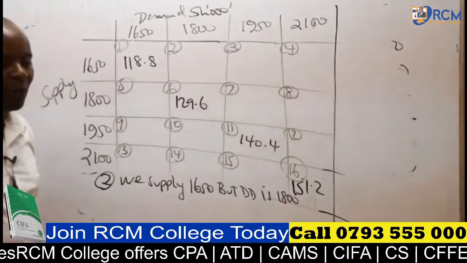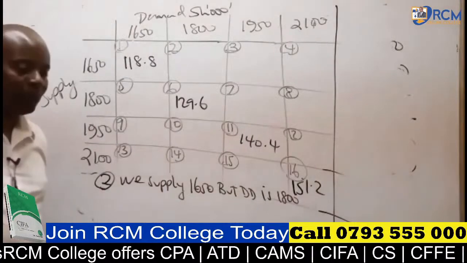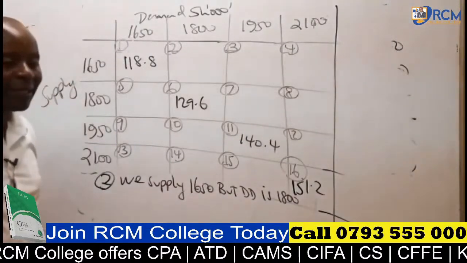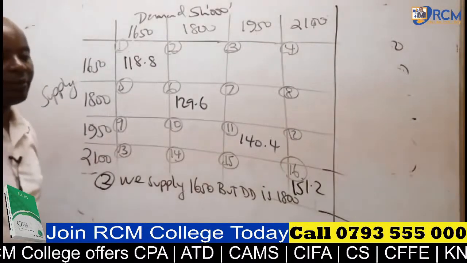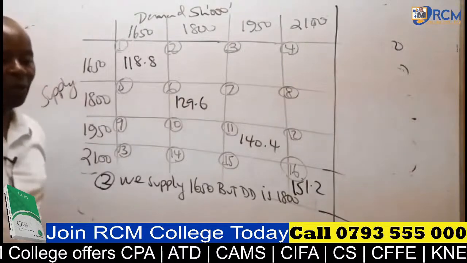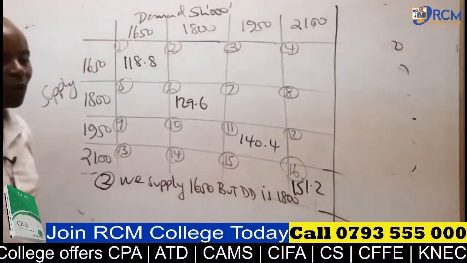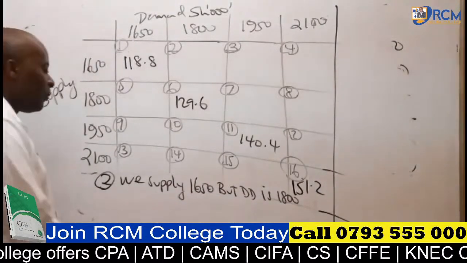So then how many will we sell? How many will we disappoint? There are some customers here who will go home empty-handed. I know them, I can see them. We sell what we have. I like what Lokai is telling us. We sell what we have. So we shall sell 1650